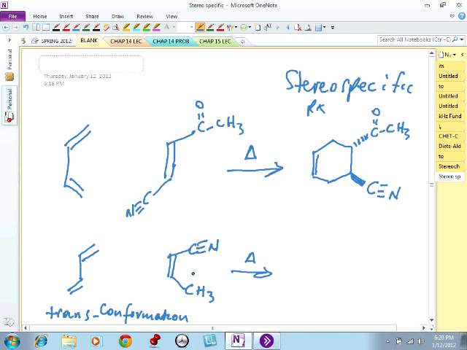So in order for you to make the Diels-Alder work, you have to rotate the single bond that joins the carbon-carbon double bond. So you form the cis conformation. This will be the cis conformation. Okay? So therefore, in this case, what you have to do is to simply take